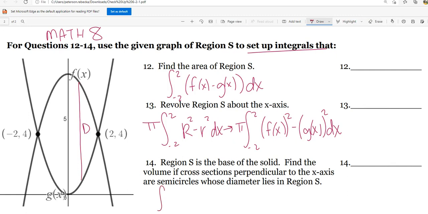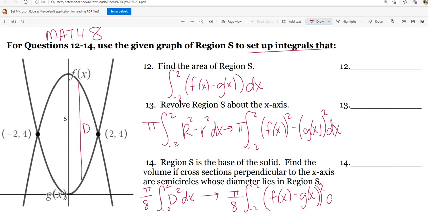I want to take an infinite sum of all these diameters, and remember that's pi over 8 diameter squared. I see that's top minus bottom, so still in terms of x. So now I just need a formula for d. Again, that's top minus bottom, so f of x minus g of x, that'll be squared